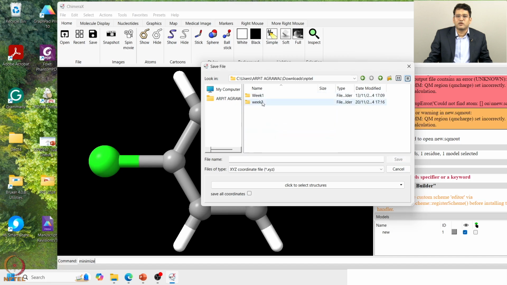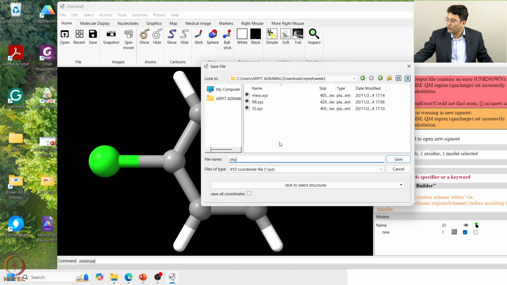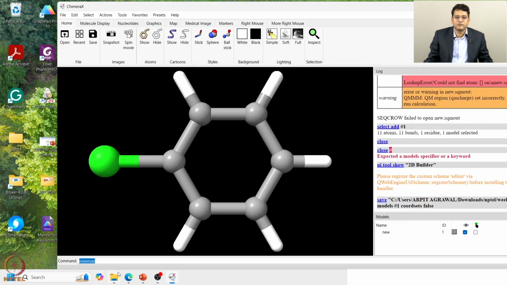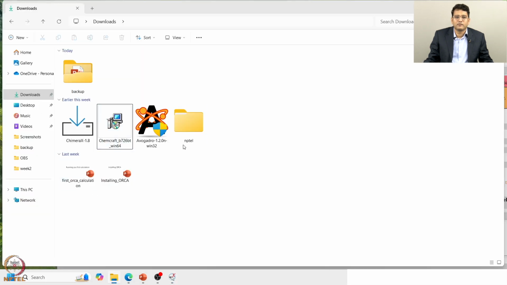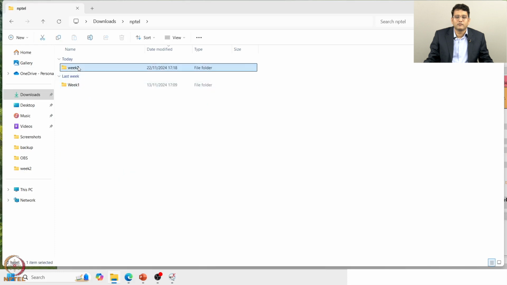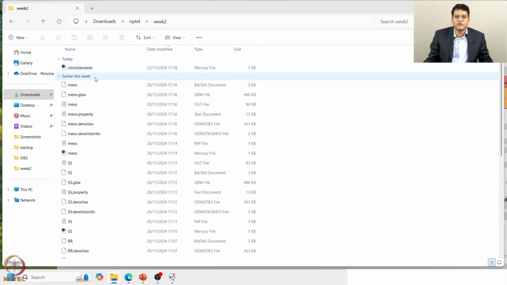Here is my NPTEL week 2 and let me save it with chlorobenzene. So here you see that there is a chlorobenzene.xyz file there, and I can prepare an Orca input file manually